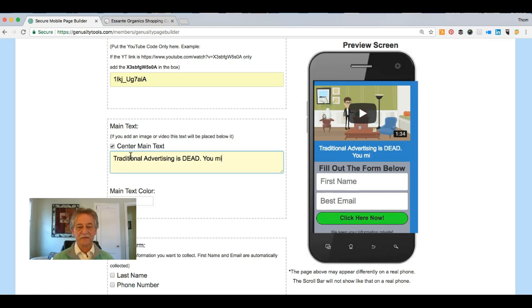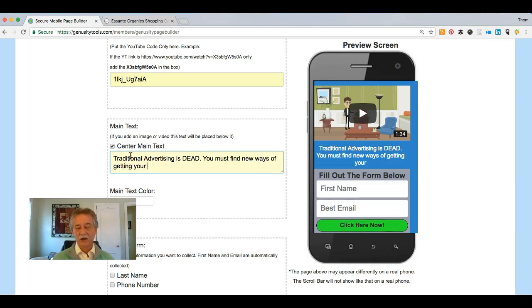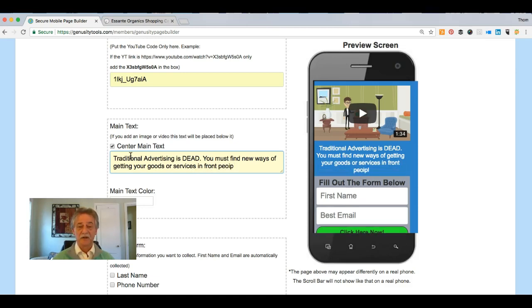Must find new ways of getting your goods or services in front of people. So we'll leave that for the time being, but you'll notice that it's a nice color again against the blue